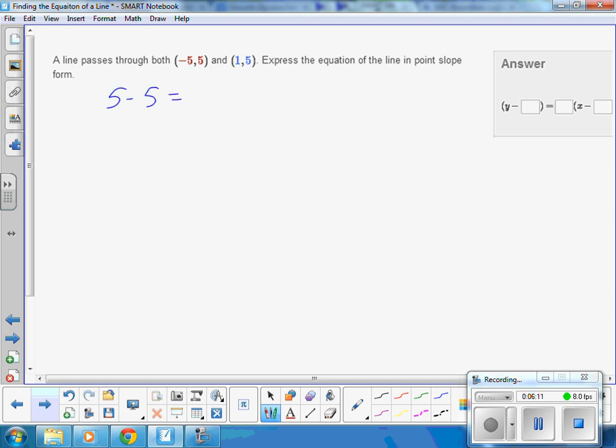5 minus 5 is equal to 0. If the top number is 0, that means my slope is 0. So my slope is 0. Okay, I want to know what my y-intercept is. So if I use my red point,